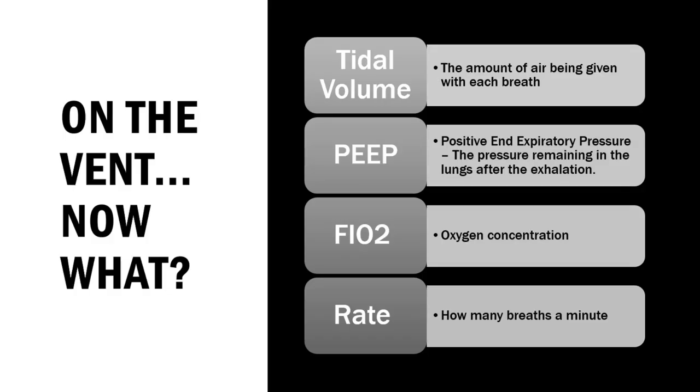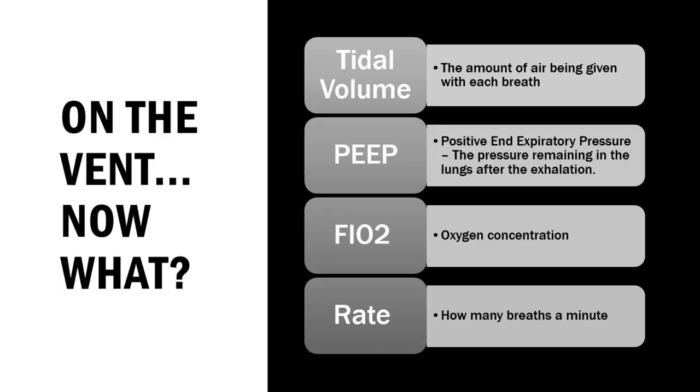Typically, this is set in volume. So you'll see your patient who's on a 450 tidal volume. They are getting 450 milliliters of air, however that's calculated out through the ventilator. But 450 is what is being put into the patient. Next, we have the PEEP. This is the amount of pressure after we get done with the full breath. So we breathe them in, and then when we breathe out, this is the amount of pressure left inside the